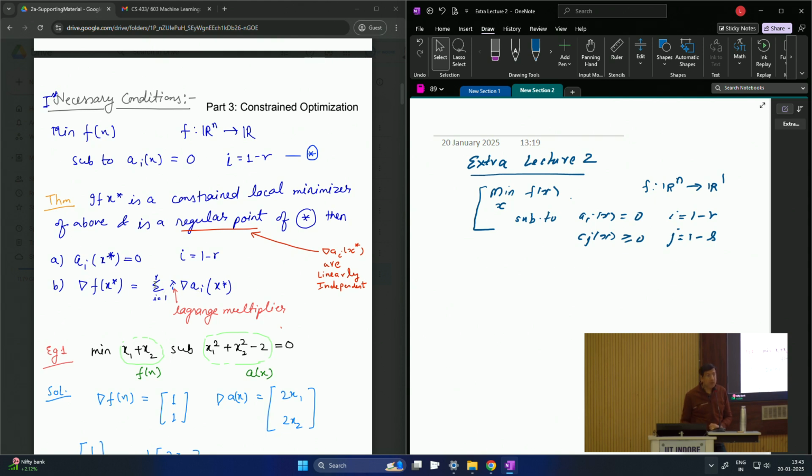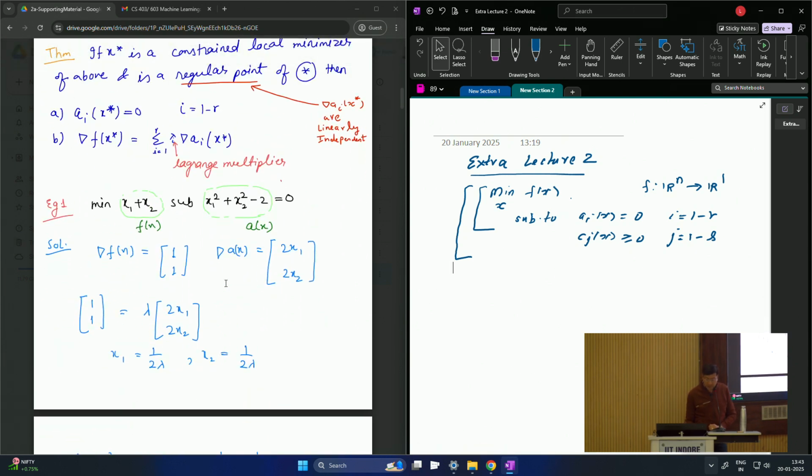Correct? So let's see how we'll apply it to a problem. We'll apply it to two problems. Then we'll go to the most general form, which we are going to use in the support vector machine: minimize the function with respect to equality constraints as well as inequality constraints, which is where we are going. So if I have to apply this,